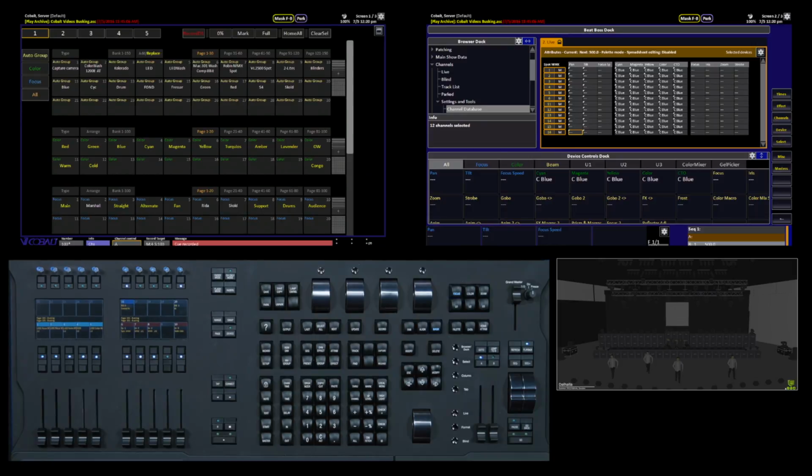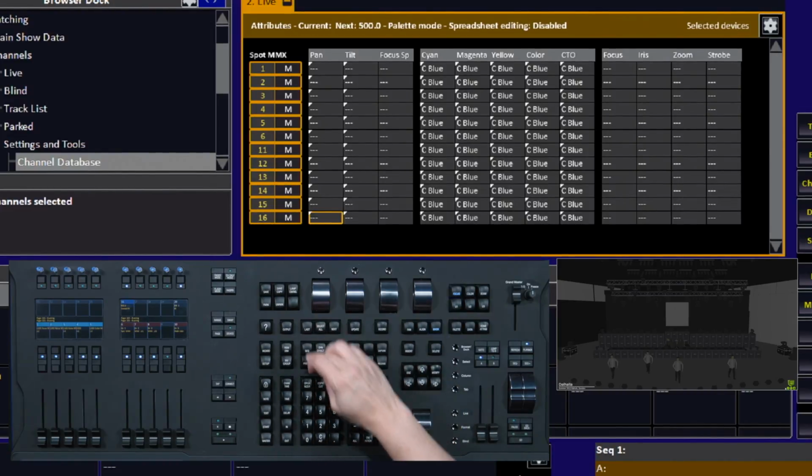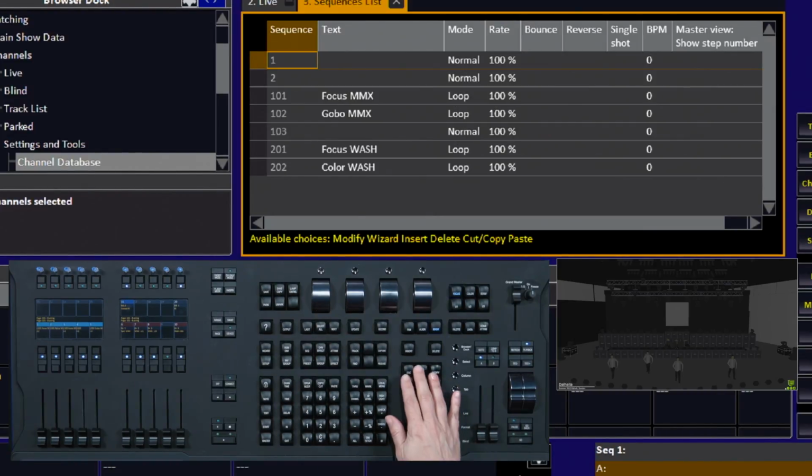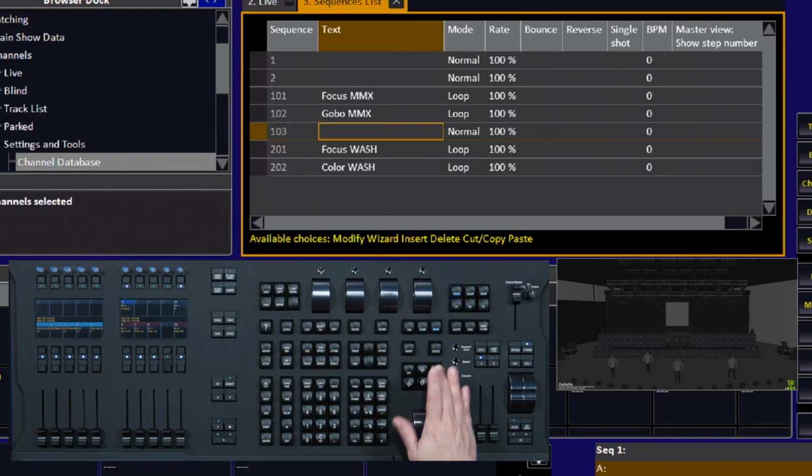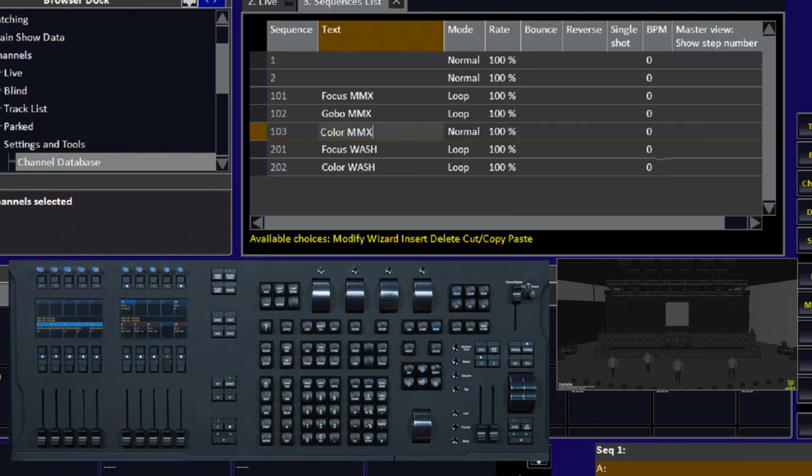And then there's one last step, because in Cobalt, sequences insert by default a Q0. And that Q0, you may know, creates a blackout. You loop the sequences regardless, but it loops through a blackout step. To get rid of this step, we can open the sequences list, find our new sequence 103, which I will conveniently give a name while I'm here, and change my sequence mode from normal, which includes Q0, the blackout between the last step and the first step,